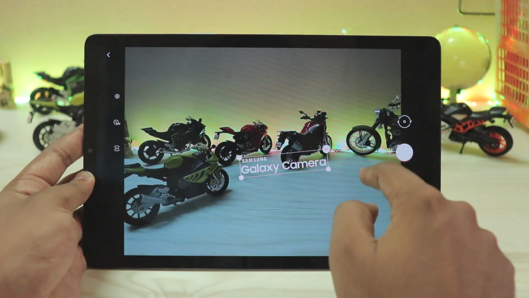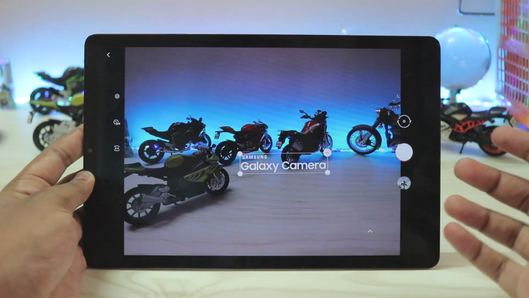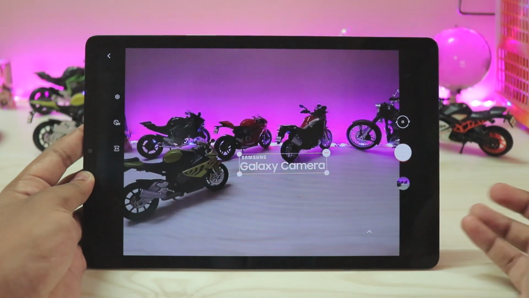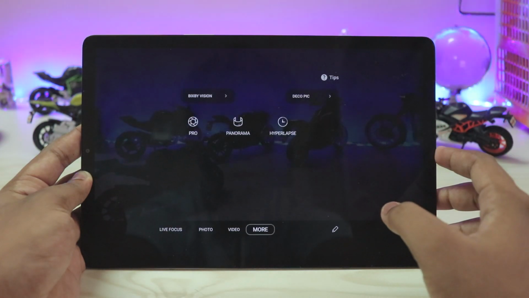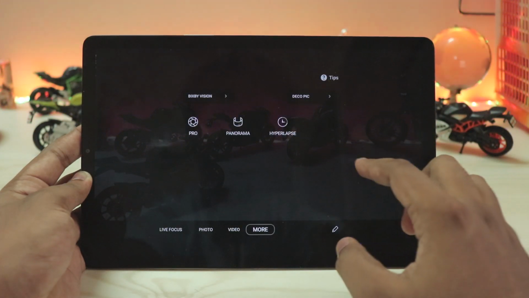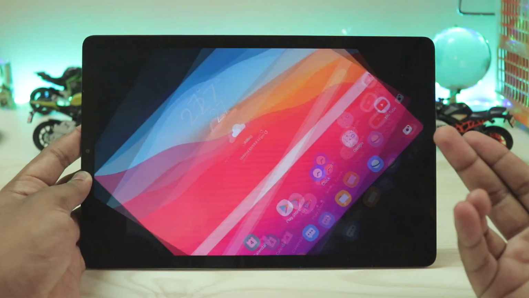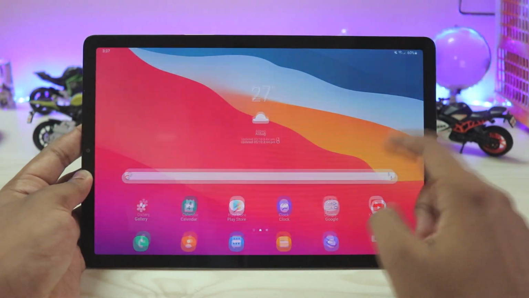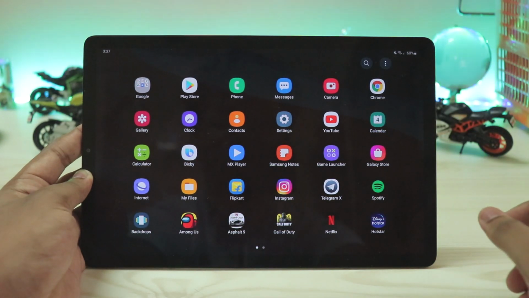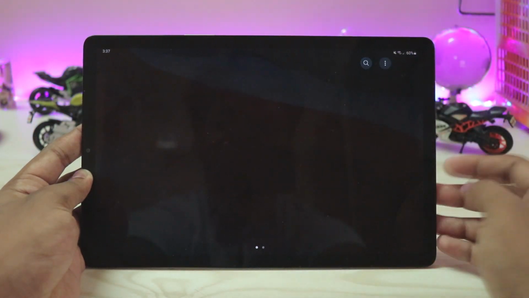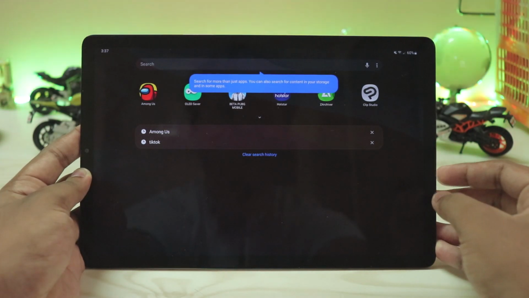Other than that, it doesn't serve any special purpose, but it's quite a good camera for a tablet, to be honest, when compared to even the iPad Air 2018. But coming back, the rotation takes quite a second, but it doesn't switch the DPI as in Android Pie. Then again, just going through more stuff, pretty much nothing. Again, these buttons might be different depending on the firmware. But now if you just go through the keyboard, it's quite improved, to be honest.